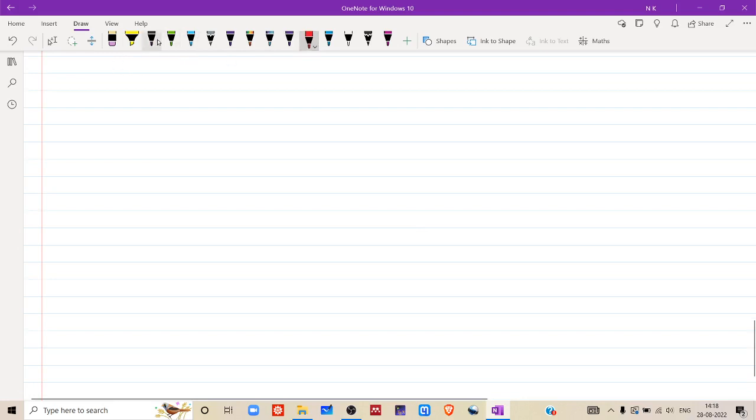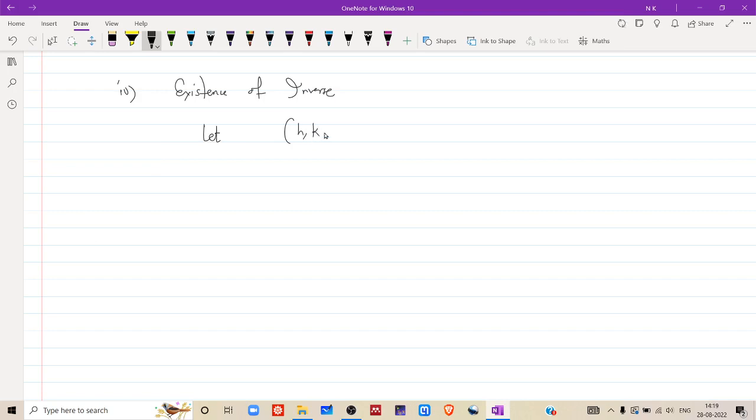Okay, so the last part of the group is the existence of inverse. Now we will calculate the inverse, because we are not going to take the inverse directly. We are actually going to calculate the inverse. What will be the inverse of an element? So for that, let us take any element from G. So let h comma k belongs to G, right? And suppose